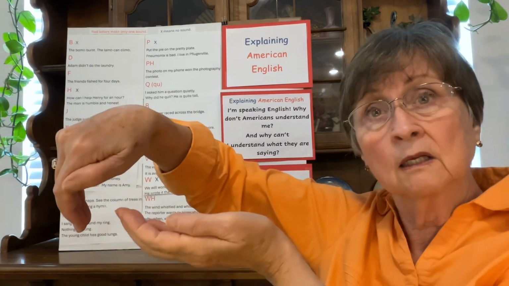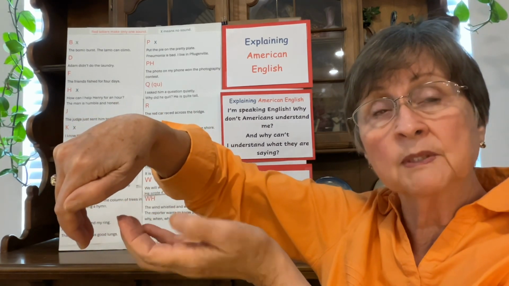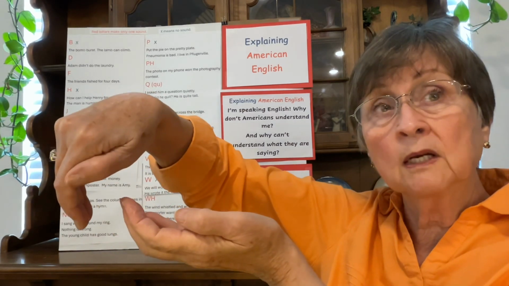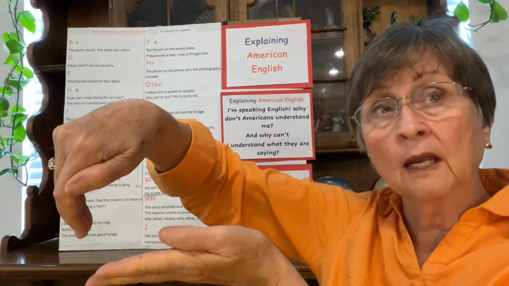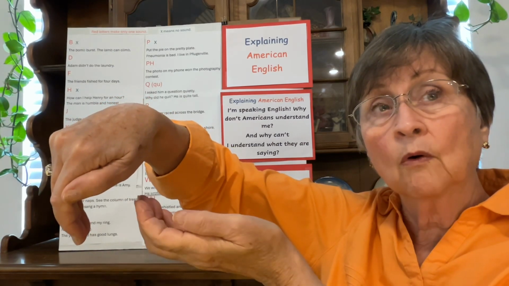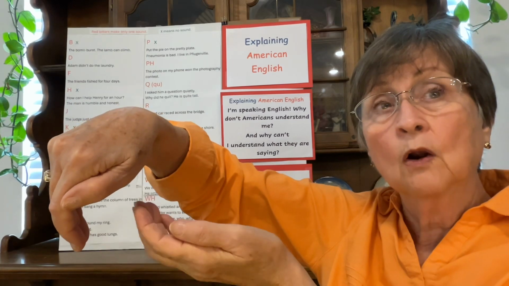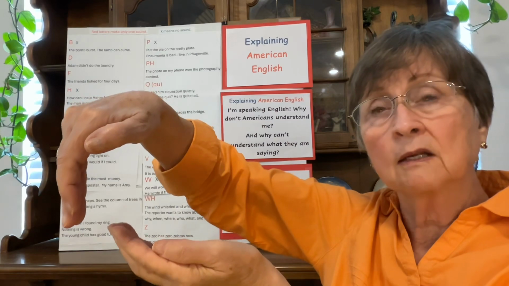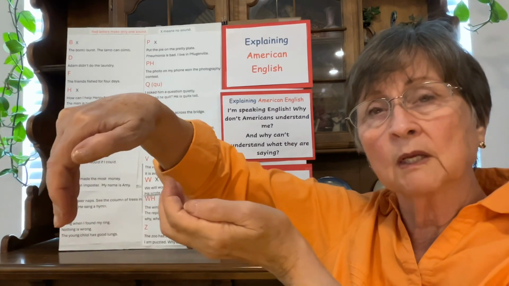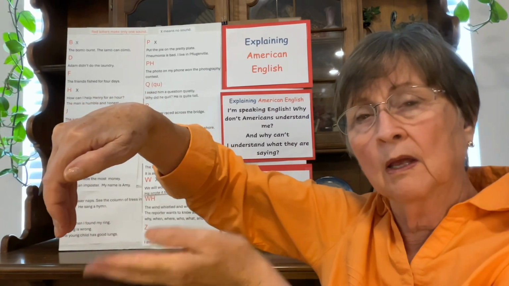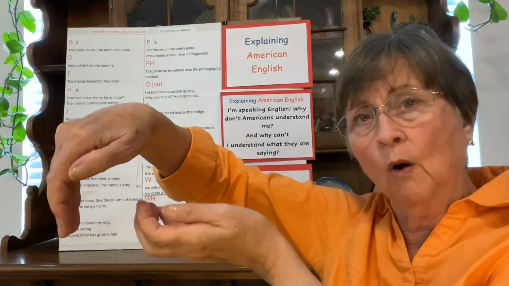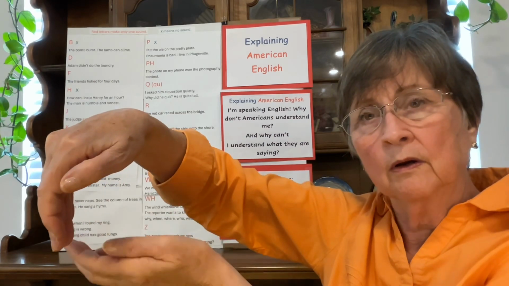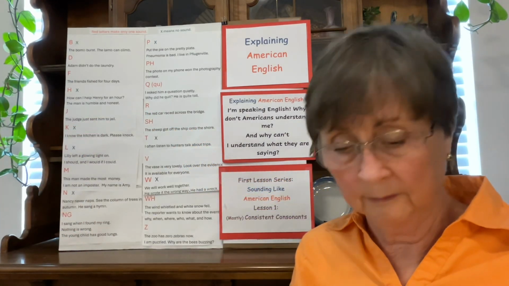I'm holding with my tongue and the sides a little piece of candy. I don't want it to fall out. When I get ready to go to the next sound, I drop the candy. Red, right, road, but the tongue cannot touch the top of the mouth. It cannot touch the teeth. It has to be completely free. Drop. Hold the candy, drop. Hold the candy, drop. If it touches anywhere, it's not an R. So,